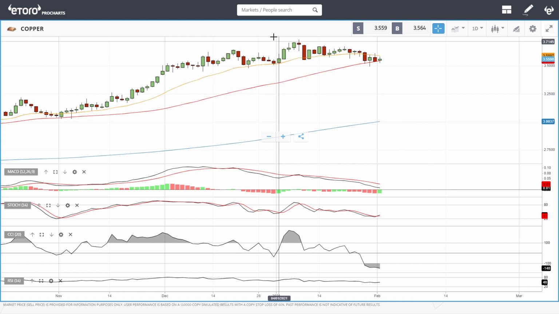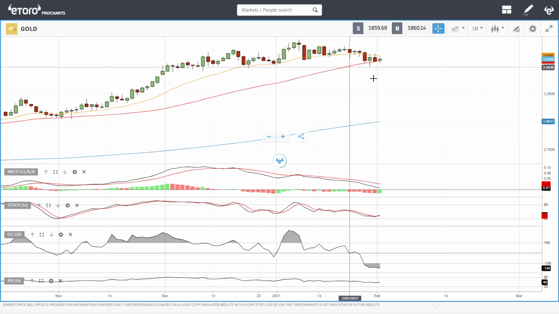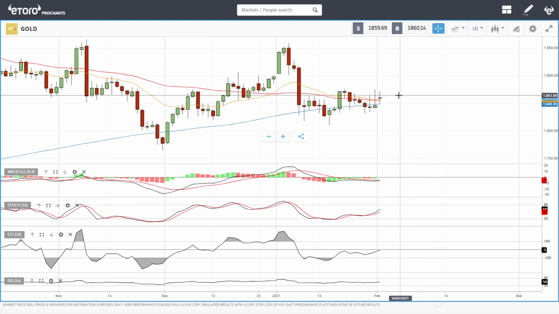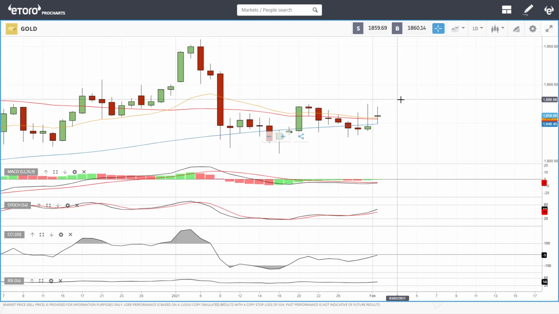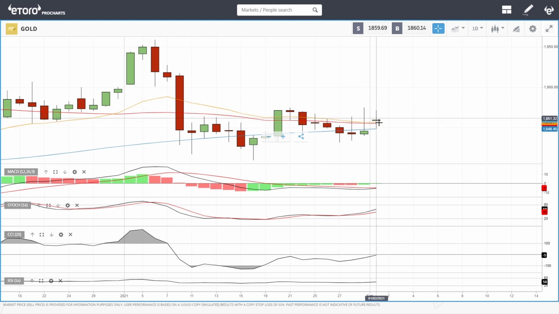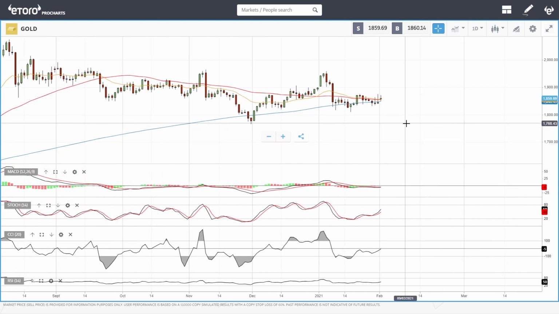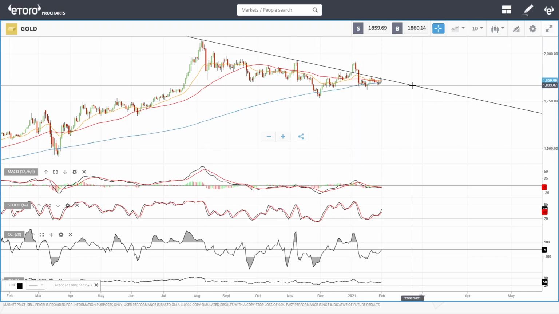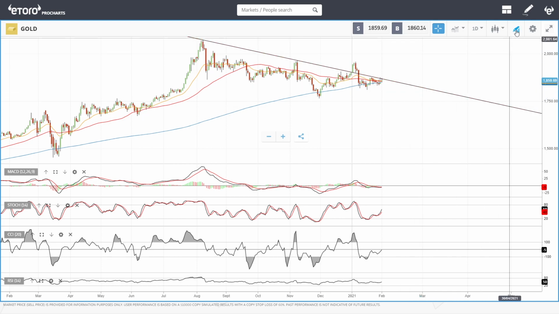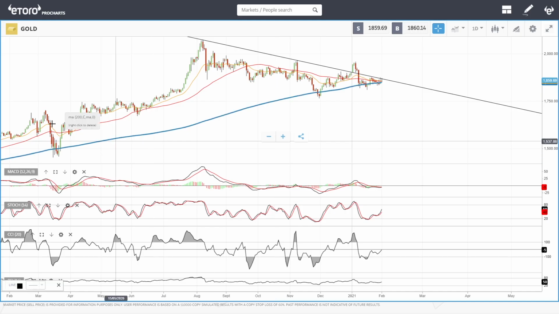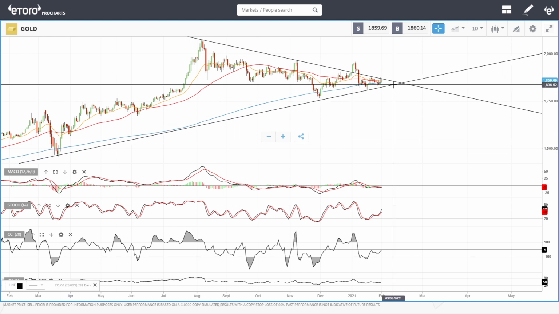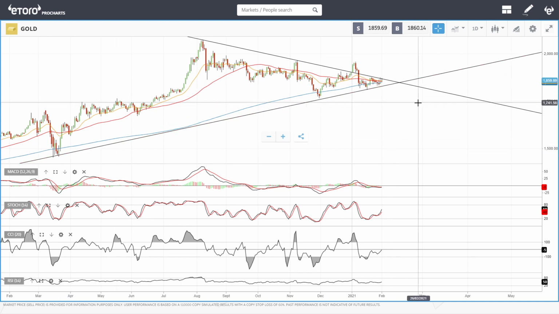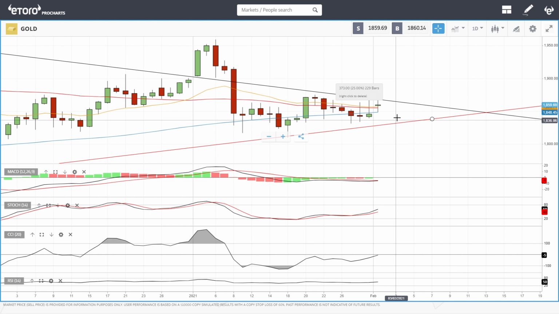So let's look at gold. As you can see, we have tried to rally to the upside, and at the moment we are above the 20 and the 50 moving average. We are in this triangle here and are trying to break out of this triangle, and we have pierced it today, but we have pulled back. So we're still not ready to get out of this triangle. We could pull back to the downside.